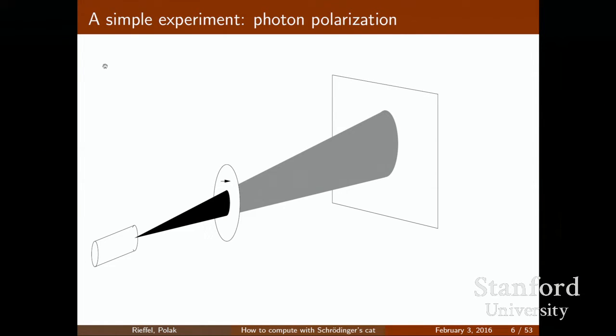So let's start with a simple photon polarization setup. You have one filter, and that filter is horizontally polarized. Now, that lets through light that's horizontally polarized, and it completely blocks light that is vertically polarized. You can play with your sunglasses and see this. Now, what if light is polarized not horizontally or vertically, but somewhere in between? Then with some probability, those photons get through. But a key property here is that if it gets through that polarization filter, then it will be horizontally polarized